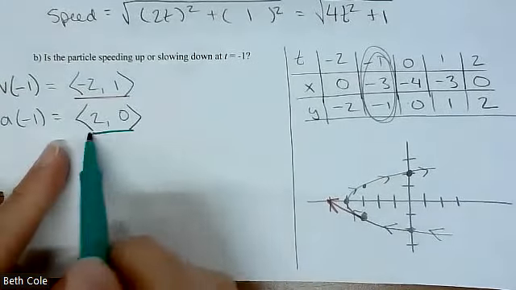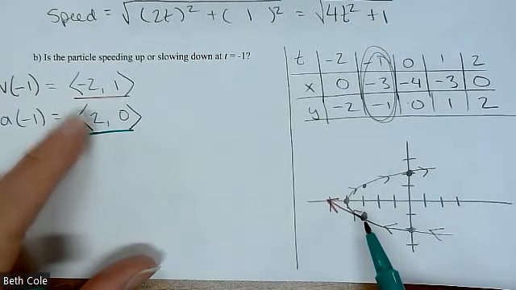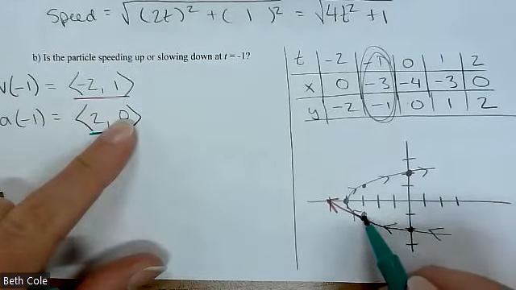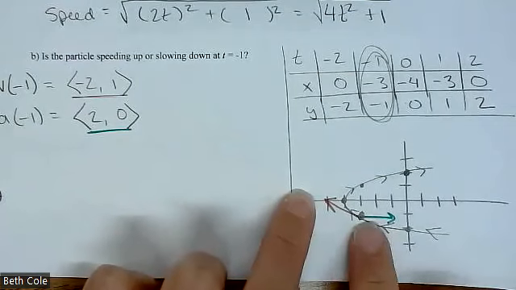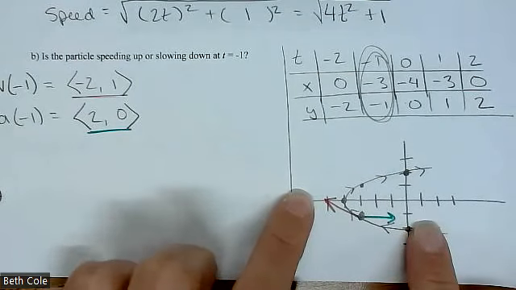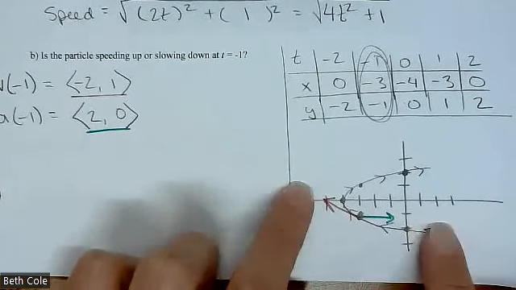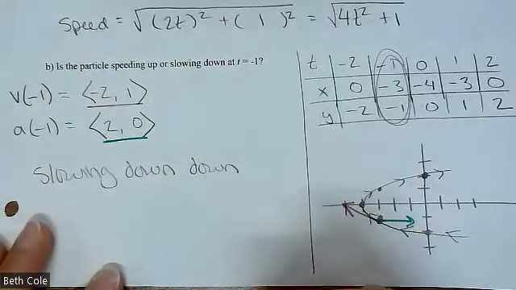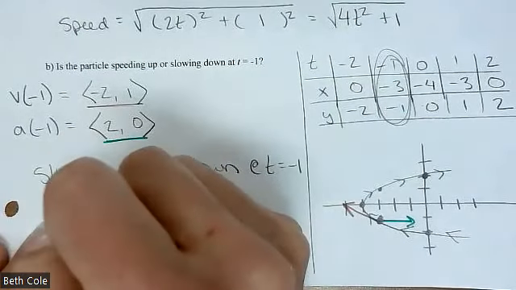Acceleration from this point, what is it doing for x and y? 2 for x, nothing for y. So it would just be like that. So if velocity is going that way and acceleration is going that way, do we think speeding up or slowing down? Slowing down. And that's your reason why. So you would say slowing down. Do you see how the visual helps? I kind of need to see it. Slowing down at t being -1 because